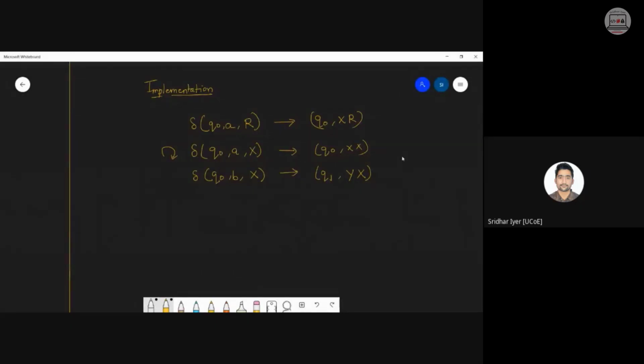Okay. So next up will be again the loop of this. So m number of B's will be read. So it will be Q1 now, and the input is B. It will be on top of Y now because we have already entered one Y on top of X. Right? So it will be in Q1 only and it will be YY. Similar kind of thing, so it will be looped. So now we have read all the A's and all the B's. So for example, this is the string. I'm just taking examples.